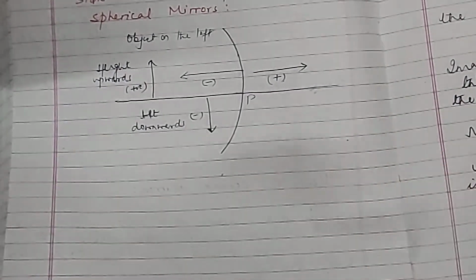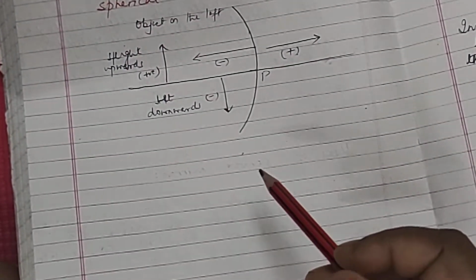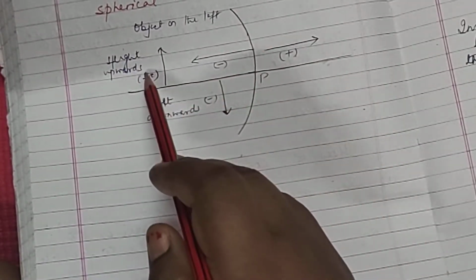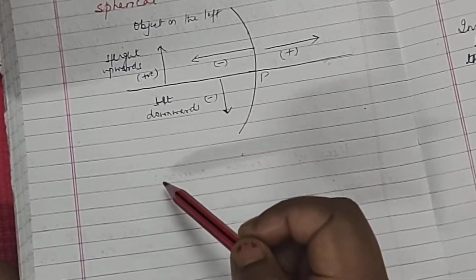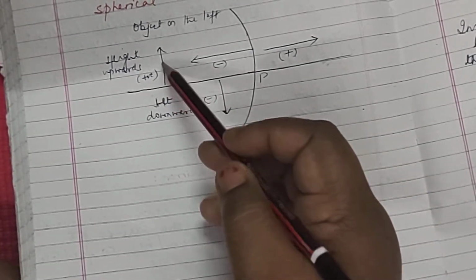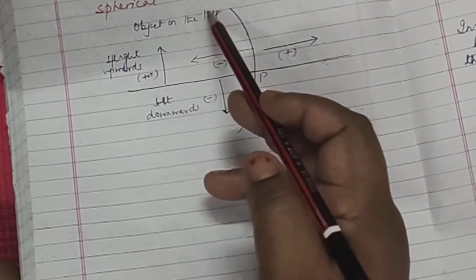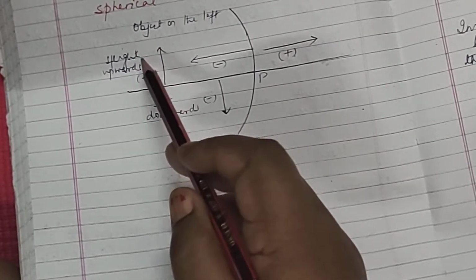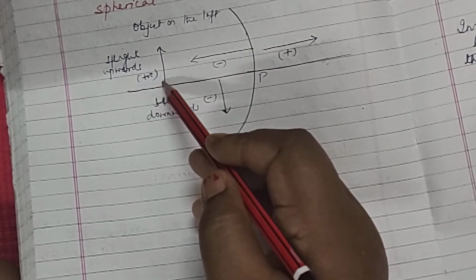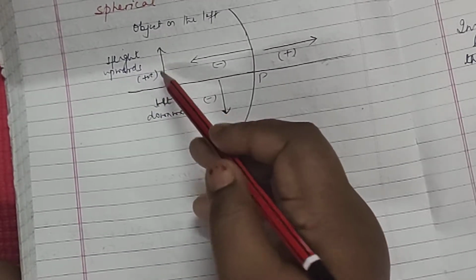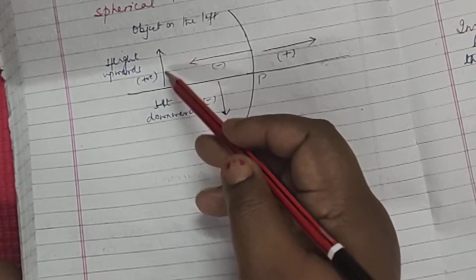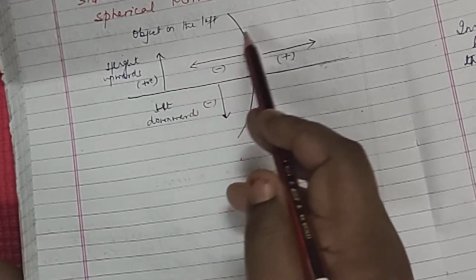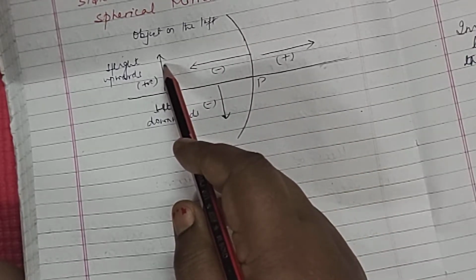Okay, just see, the object is always placed towards the left of the mirror. Whenever we keep an object, you all have seen the various ray diagrams we have drawn. In that case, we have always taken the object on the left side of the mirror, whether it was a concave mirror or a convex mirror, and we always used to keep the object above the principal axis. So according to the sign conventions, the object is always placed towards the left of the mirror.